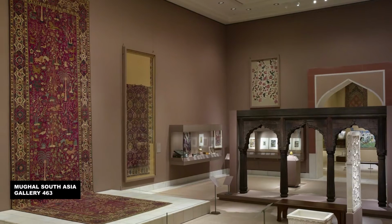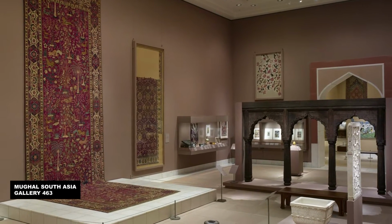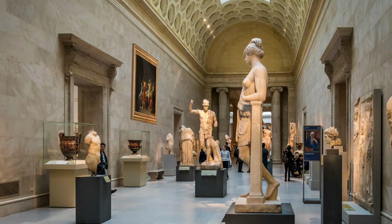These divisions by category might make it more challenging for us to see similarities between cultures over time, and also give the impression that geographic borders between regions are firm and distinct, the cultures within them contained and definable. Many of the artists whose works hang in these spaces were influenced by travel, by art and traditions from around the world. To return to The Death of Socrates, it could be interesting to see the painting next to ancient